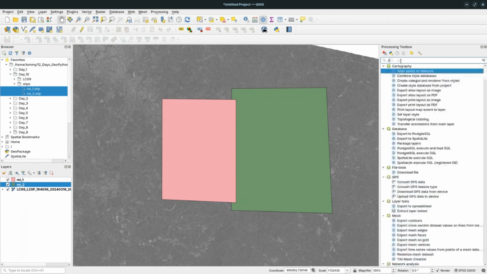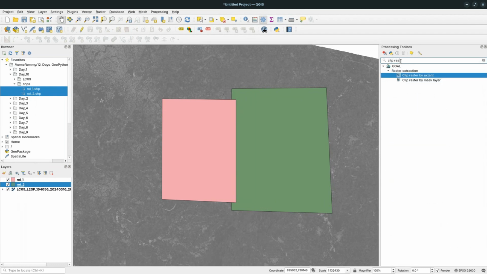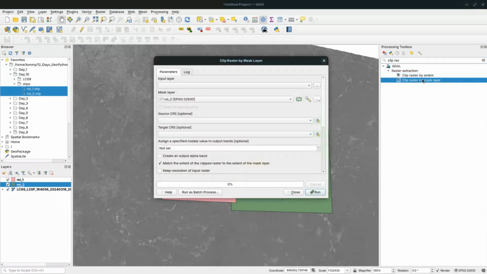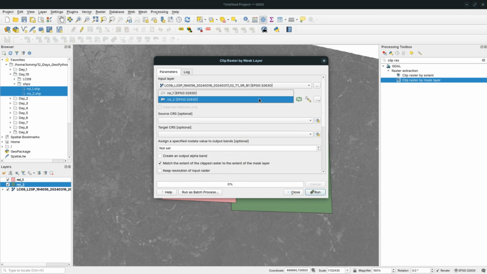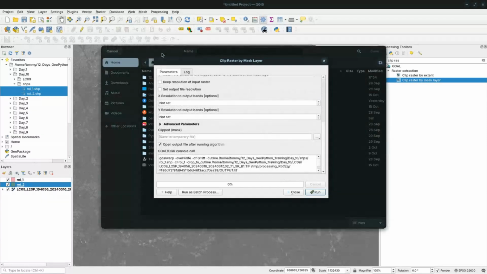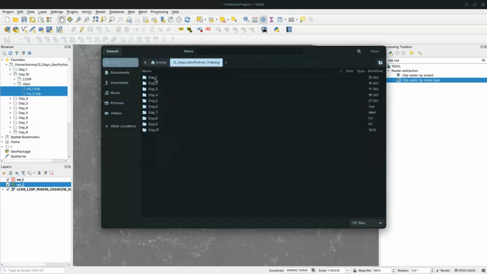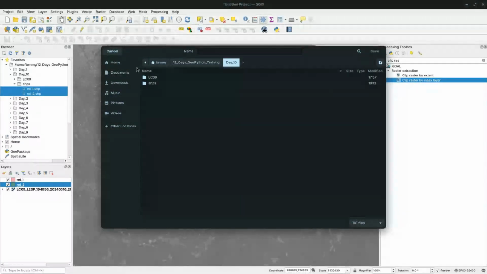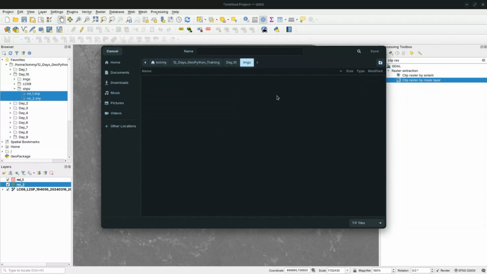So I'll go and say clip raster, and then clip raster by mask layer. The raster that I want to clip is this one, and then let me choose the ROI one. These ones are all optional. What I want to do is not to save to a temporary file, but to save to a file. Let me create a new folder here and call it IMGS, maybe images. And then in there, what I'll do is to say